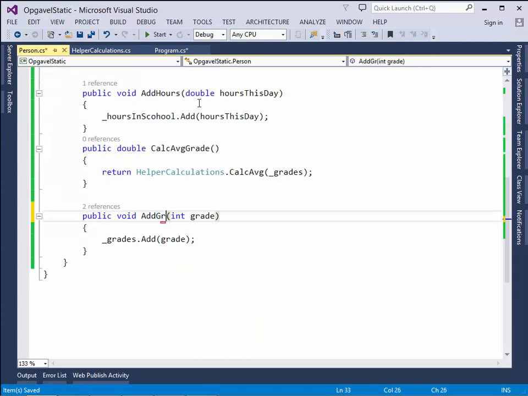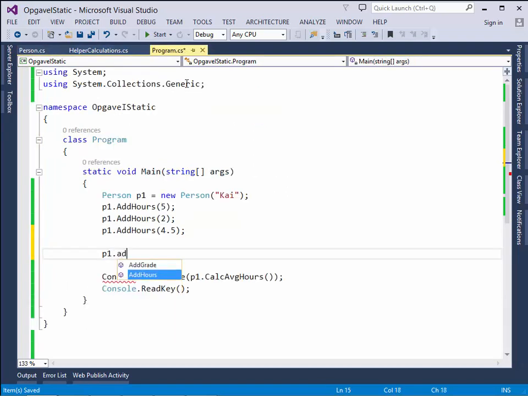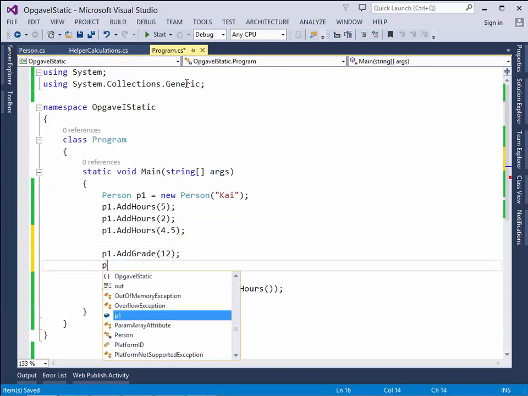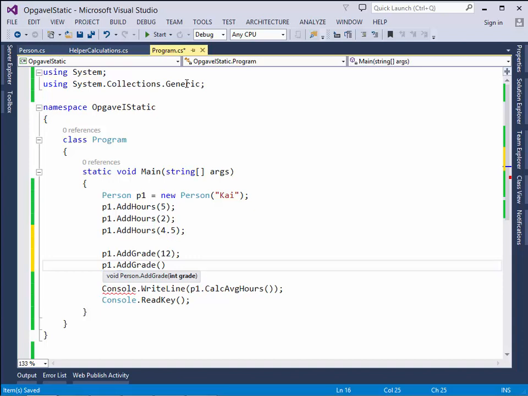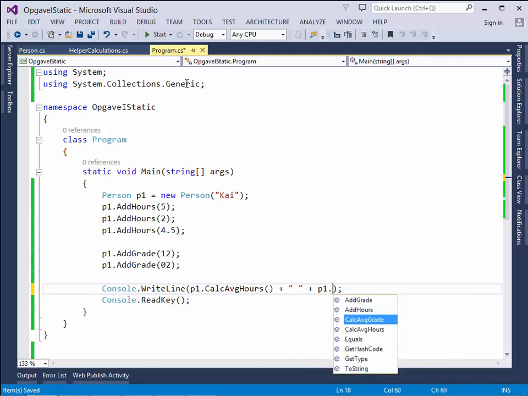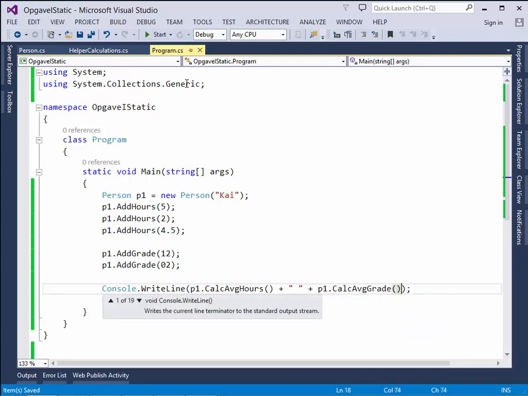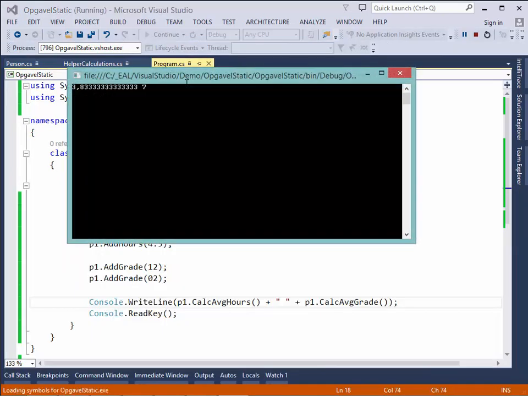Add hours, add grade, of course. Approximately 4 hours and a 7 in average grade.